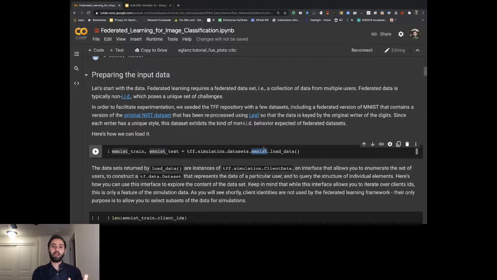And that's really nice because now we can take the MNIST data set, partition it into users or clients, and then each client would be the author of a bunch of digits, a bunch of 1s, 0s, 2s, 4s, 9s, and so on and so forth. So this is called the emnist data set. And we could just say, okay, I want the emnist data set. I told you we have 4 of them. So instead of emnist here, you can access Stack Overflow, you can access Shakespeare, you can access CIFAR, and you